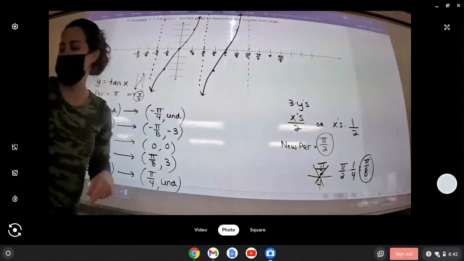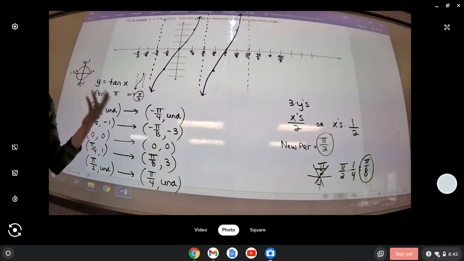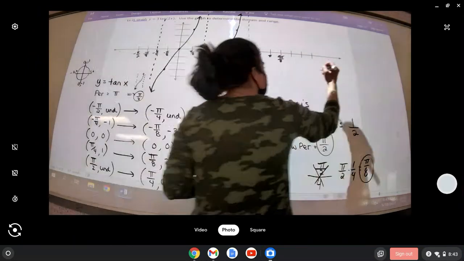And then everything just keeps repeating. So every pi over 8 units, you have a critical point. And you're done. Okay? All right. They ask you to identify the domain and range of your new tangent graph. So the domain,